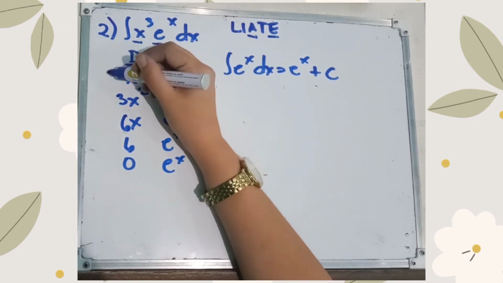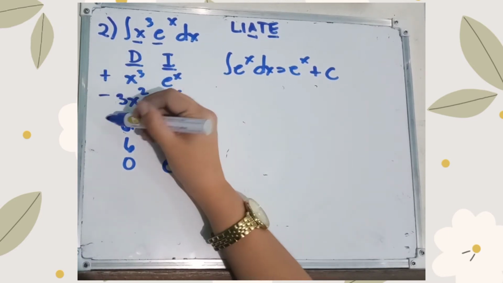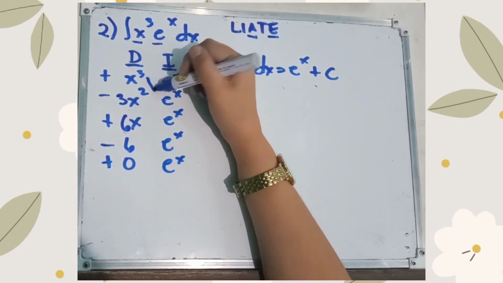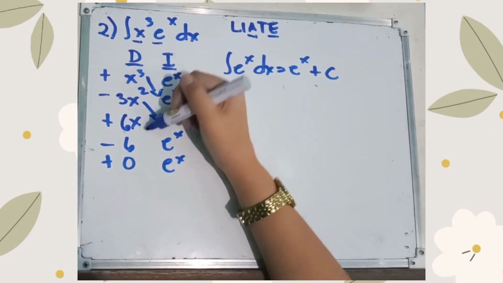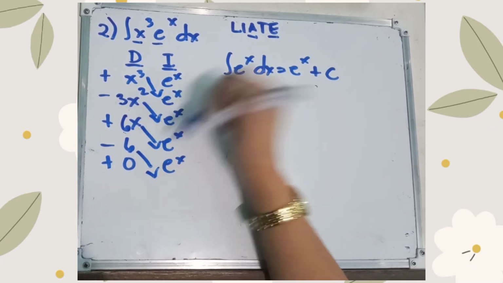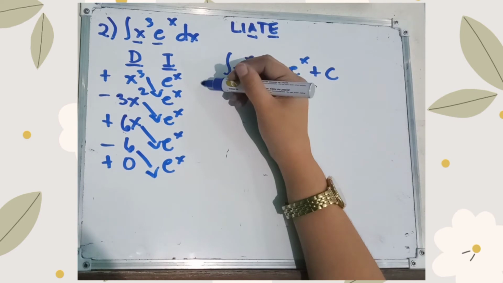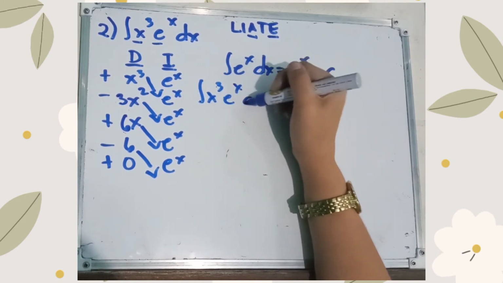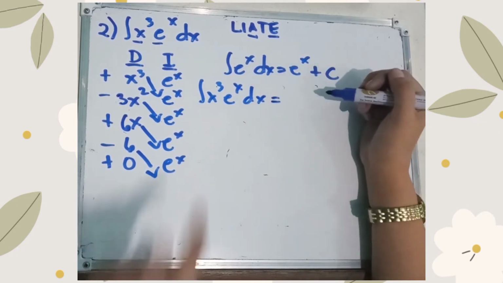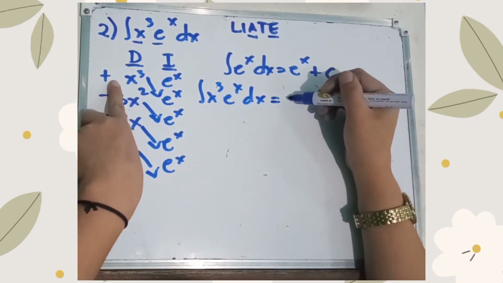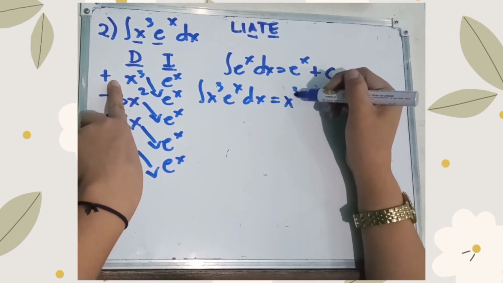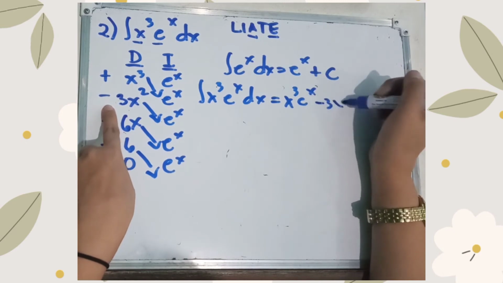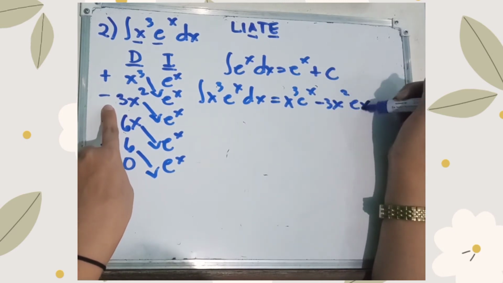Now, placing the sign, positive, negative, positive, negative, positive. It's always alternating. Then, multiplying diagonally. And finally, solving for the integral. That is equal to x cubed e raised to x minus 3x squared e raised to x,